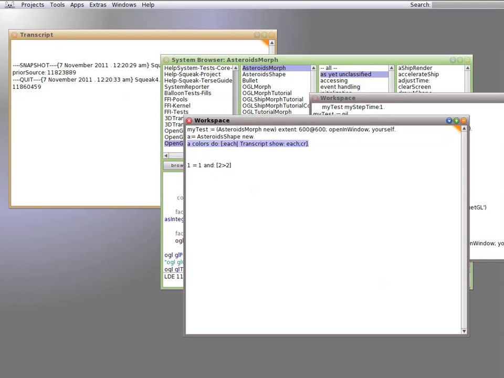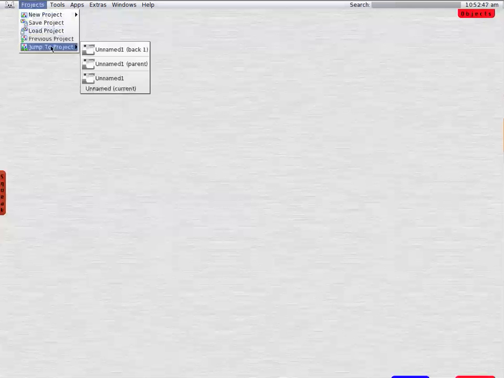Okay, we're going back to just plain old Squeak for a little bit. I'm going to create a new project, a new morphic project. That just basically creates a blank work area. You can go back to the old one, jump to project,